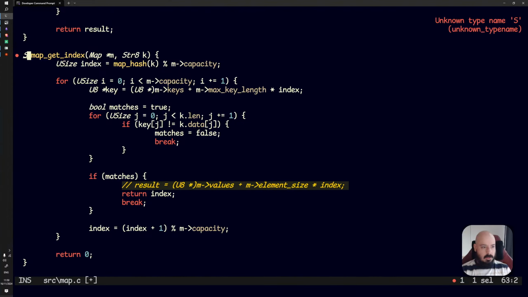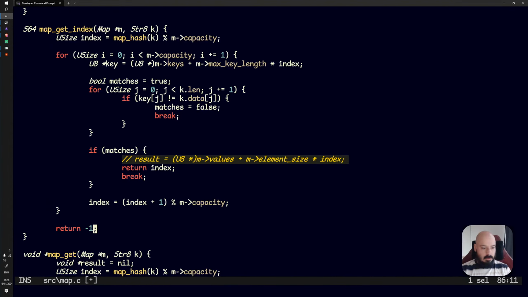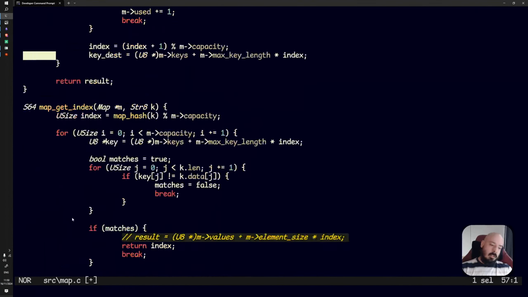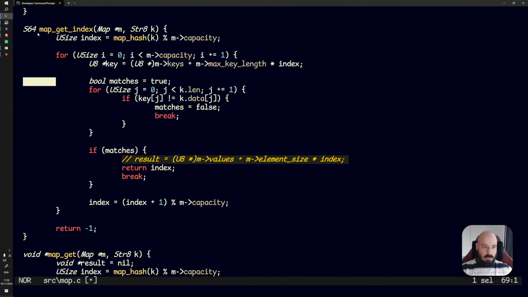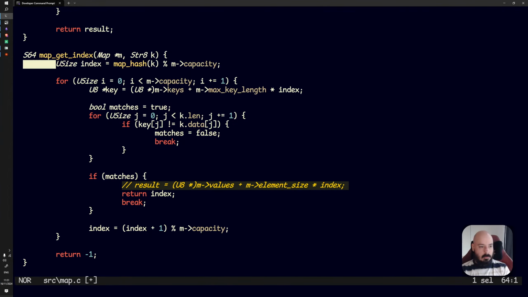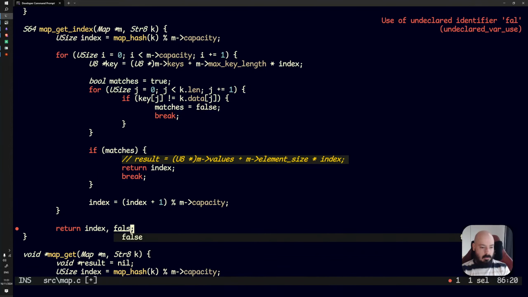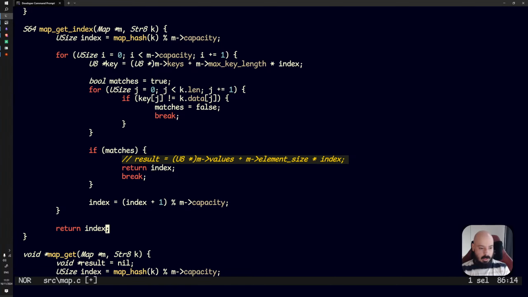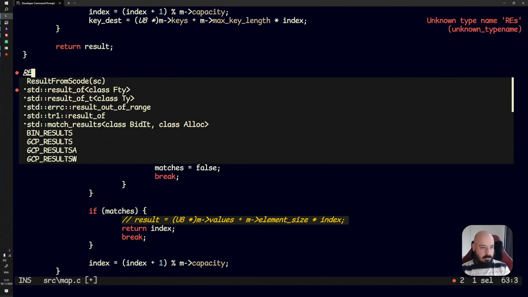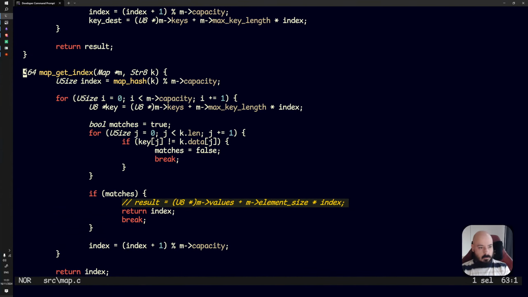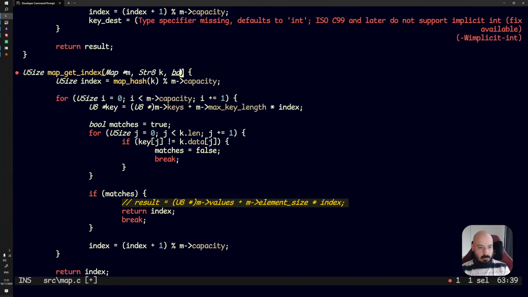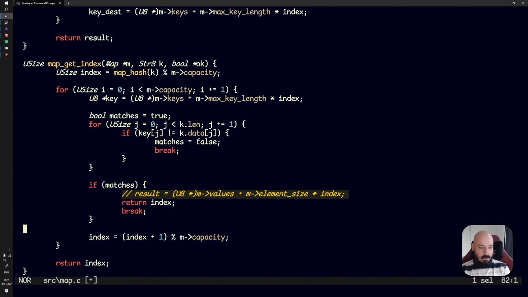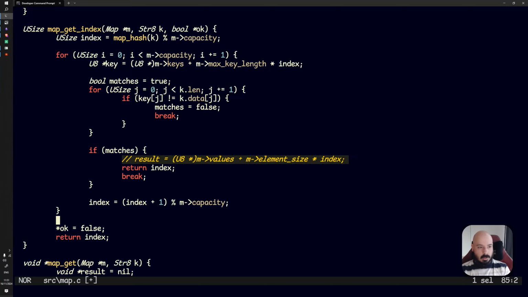That doesn't make sense either. I don't want to return a signed 64 and return -1. I don't like this because, well, I just don't like it. I don't like the idea of indexes being negative. It doesn't make sense, but at the same time, what would the value be? In another language, you would return an index and a boolean saying whether it was okay. In Go or Odin, you would do that. In Rust or Zig, you'd probably return a result type. I think a lot of people in C would probably do something like this. Bool okay, and then you could say okay equals false. I don't really like that either, but